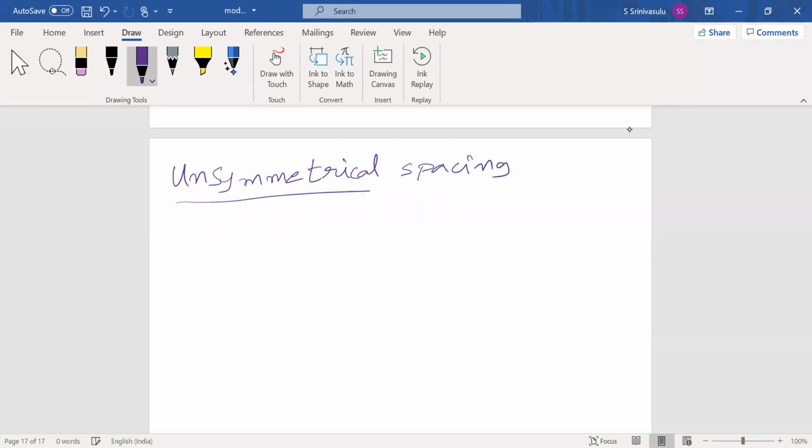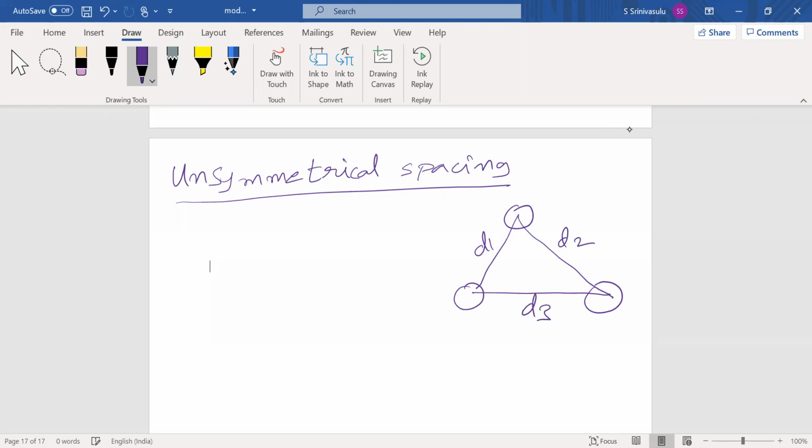The same conductor, what happened? Unsymmetrical spacing. Suppose not equidistant. We are taking D1, this D2. You have to take the second D1. Why? Because if you change this one, the entire formula may change, the derivation. Suppose what was in the previous, this is the A conductor, C conductor, this is the D conductor.